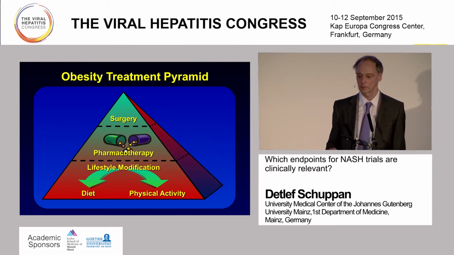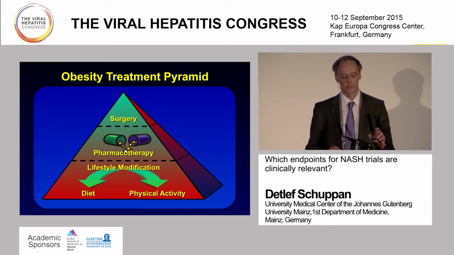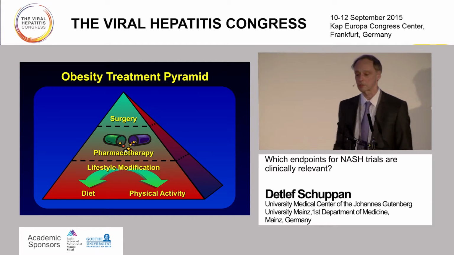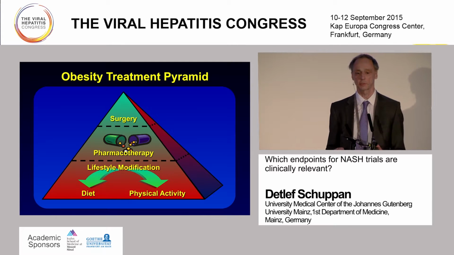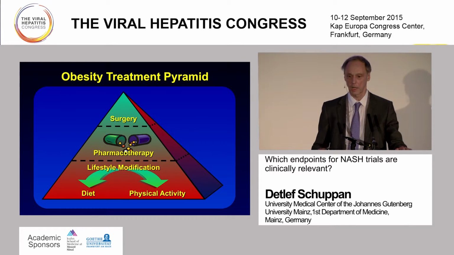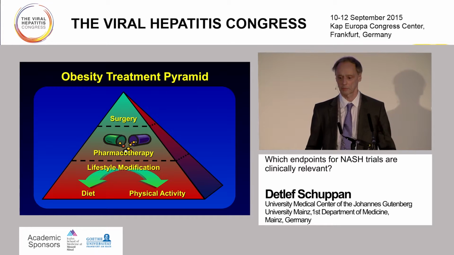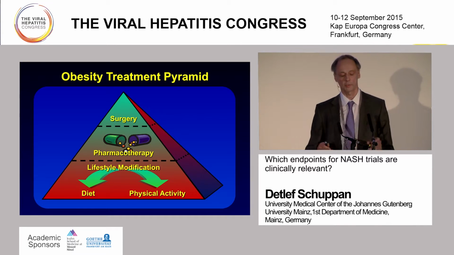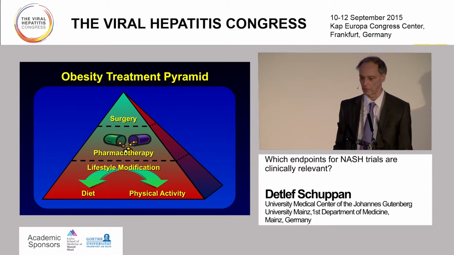So this has been alluded to, and of course everybody with a clear mind would say that this treatment pyramid definitely has to be addressed mainly with diet and lifestyle changes. This, in a way, would be the wonder drug. But everybody knows that this is difficult to achieve in a very significant proportion of patients, and that we would need at least adjunctive therapy for a large group of patients to get on the right track. And this is then the pharmacotherapy and somehow the last resort, but only indicated for very advanced obese patients' surgery.